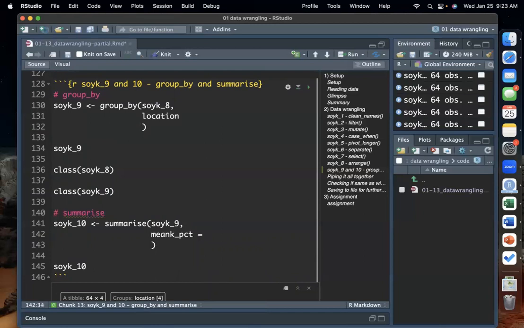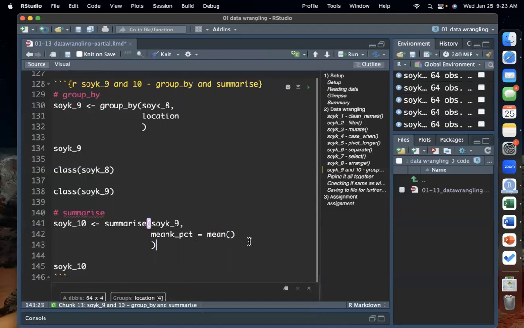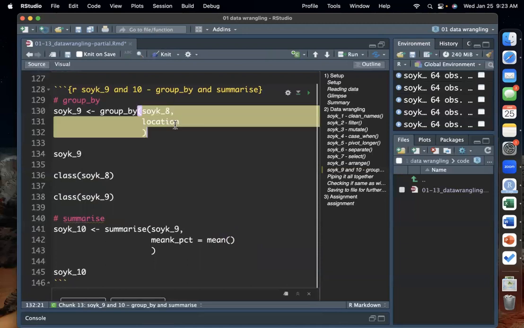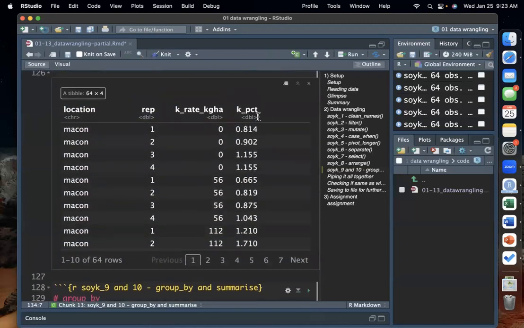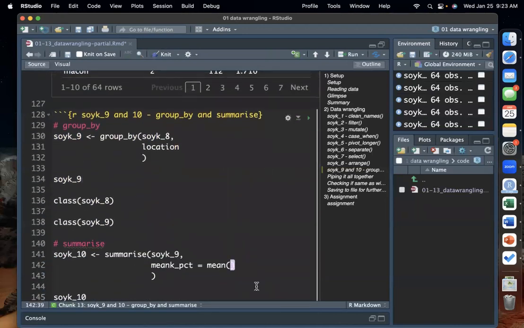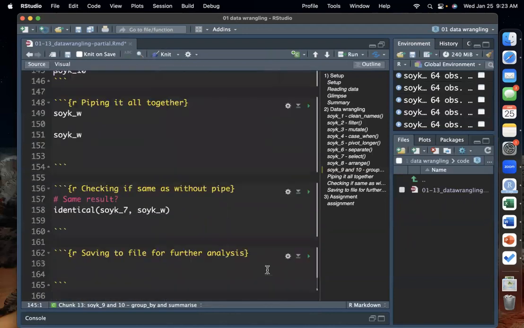So it's going to be the mean potassium concentration percentage. We say equal, and then we give it a function. If I want the mean, the function has to be the mean, right? And then inside of this function here, I need to give which column I want the mean of. So it's grouped by location, but so what? What do I get by location? I really want to get the mean of KPCT, right? So I just say mean KPCT. So if we run this now